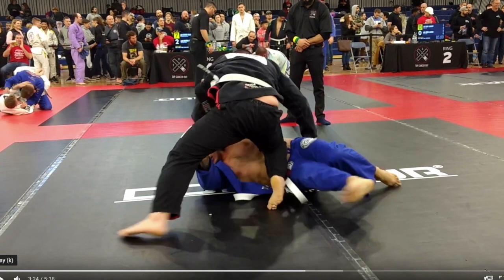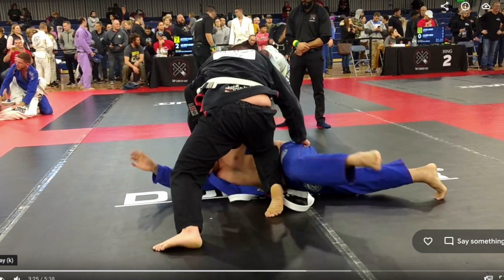Okay, I think I remember this moment. So you have a really nice transition here to knee on the belly. You're sliding that right shin across the waistline. But again, this is a recurring theme from earlier in the match. You've got him over, but this guy is really determined to build up to this bottom arm. So right here, there it is, it's sticking out. If you're able to reach down with your left arm, grab that sleeve and pull it off the mat, there's a really good chance with the shin you have across the waistline here that you will be able to